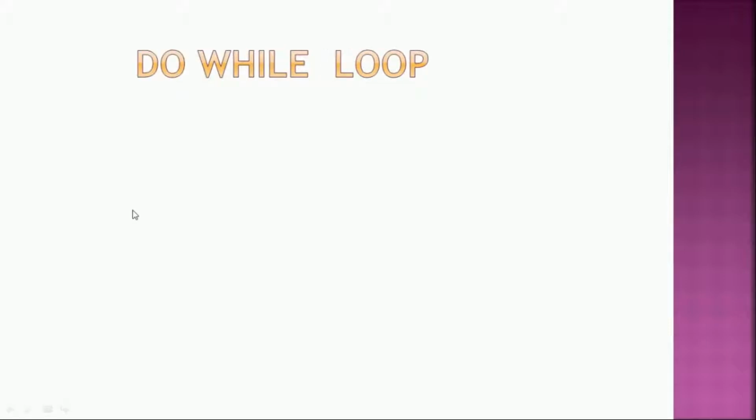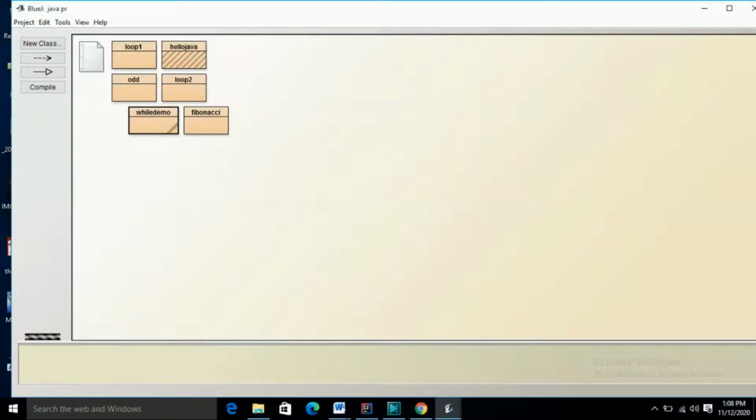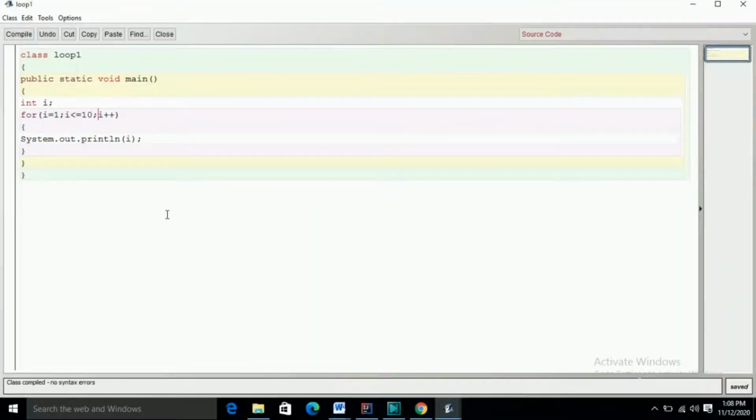This while loop and do while loop we'll also be studying in practicals. I'll be showing you this first with hands-on practicals with the for loop. So here is the practical implementation of loops in Java. The first program that we'll be doing is to print the first 10 natural numbers